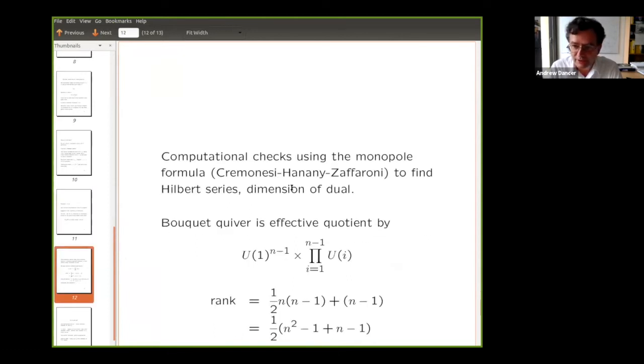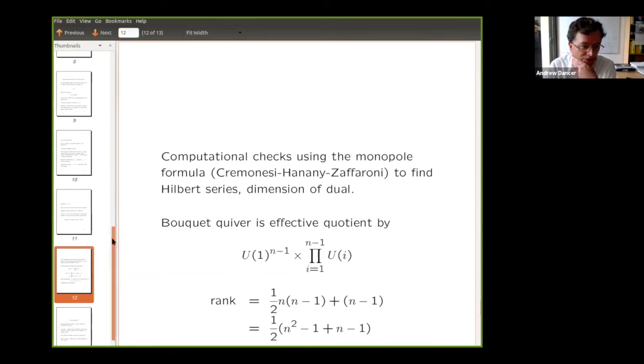So the string theorists have got quite an elaborate set of calculational techniques, in particular for calculating the Hilbert series of the affine varieties that are the Coulomb branches, and also the Hilbert series for the hyperkähler quotients of the Coulomb branches. So we can check that the dimension as well as the group action works out okay.